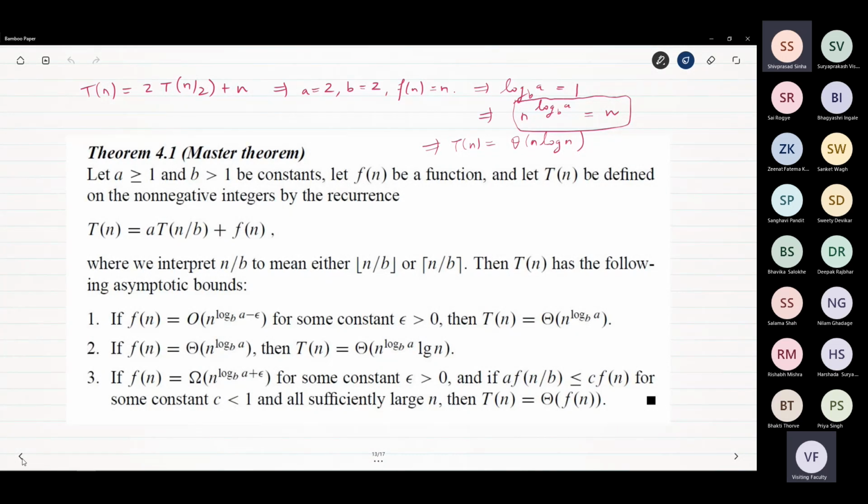Yes, sir. So you said you apply case 2. So if f of n is theta of n raised to log a to the base b, then t of n is this. You never said this. I asked 2-3 times, you didn't tell this. What is your confusion? You did not read this out to me. Sir, n raised to log a to the base b, I have not told. log n did not come. So how did you write it? How did you get t of n is equal to some number? T of n is equal to just this, right? What will this be? Put in a and b and tell me, what will this be?